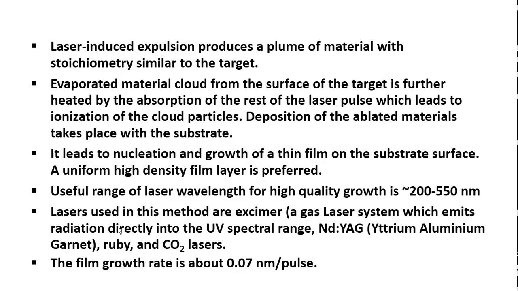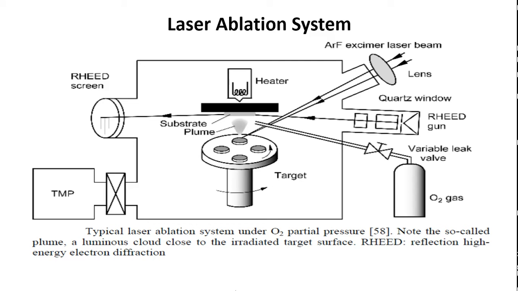The film growth rate is about 0.07 nanometer per pulse. In a pulsed laser ablation, for each pulse, the growth rate of the film is 0.07 nanometer per pulse. Per pulse, a 0.07 nanometer film growth is produced upon the substrate, or over the surface of the substrate. Okay. Now,